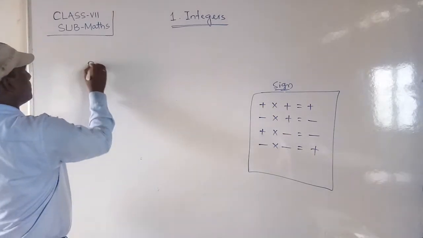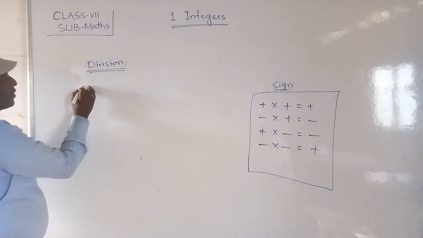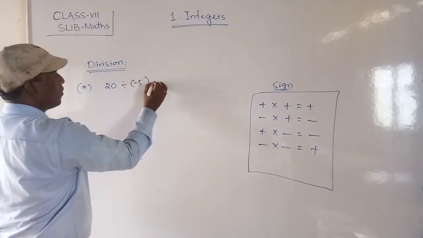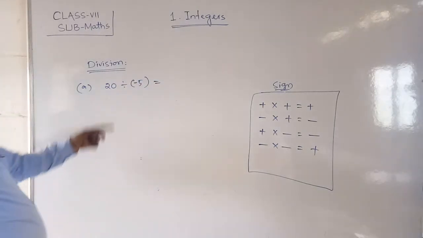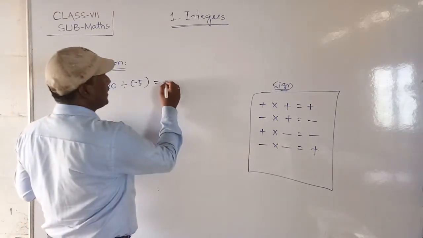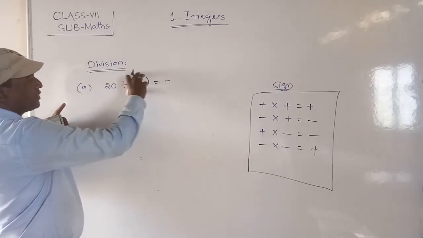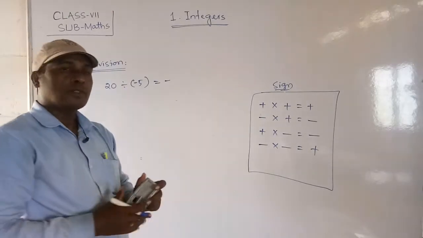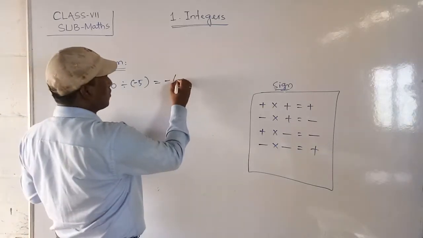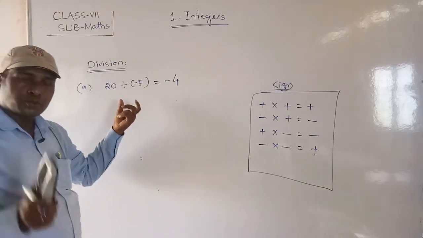So if you do that division, suppose 20 divided by minus 5, what will happen friends? What is the answer? Observe here, friends: if one is a positive sign and one is a negative sign, then the sign will compulsorily come negative. Opposite signs. This is the dividend, this is the divisor. If one of them is negative, then compulsorily the answer will come negative. So how much will come, friends? 4. Are you clear? 20 divided by 5, divide as usual, then the sign will come negative.